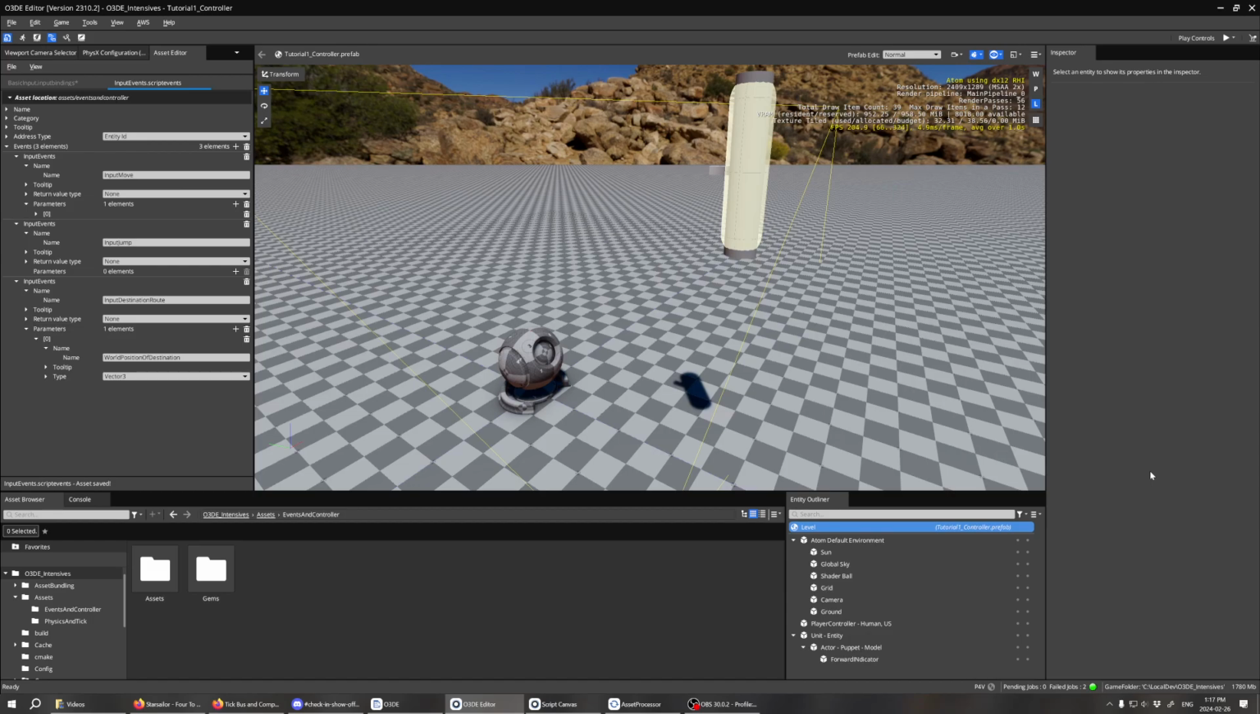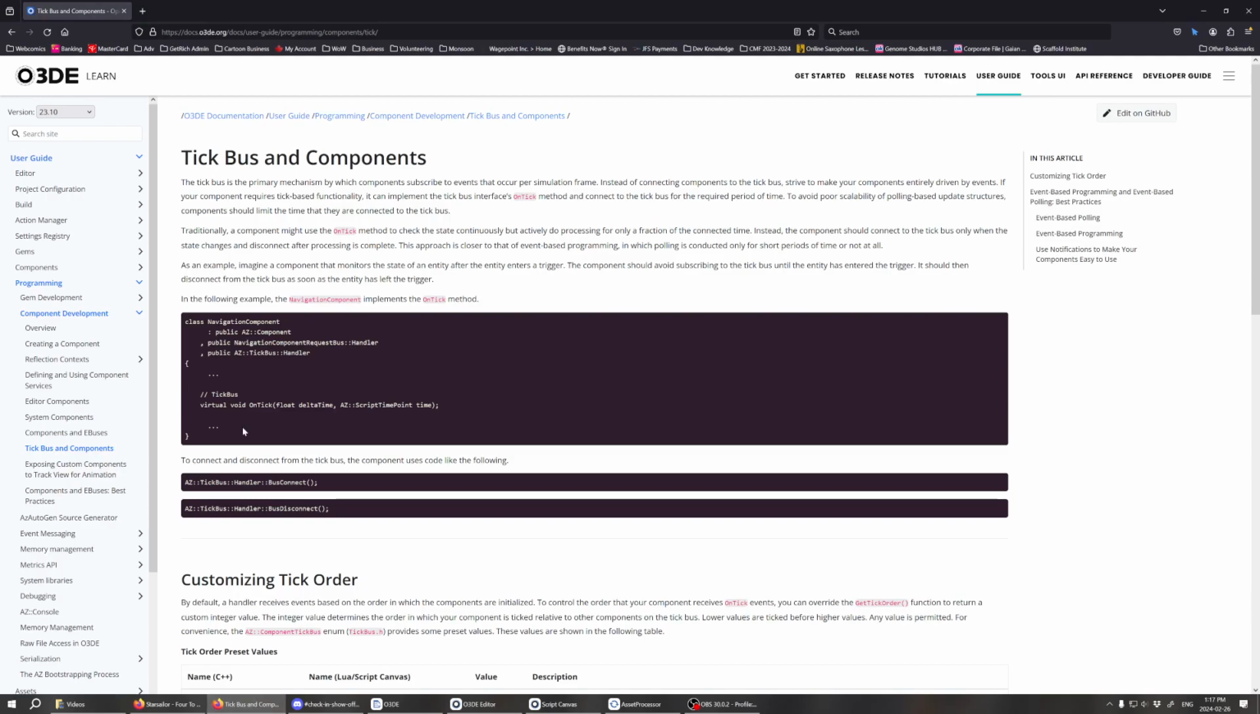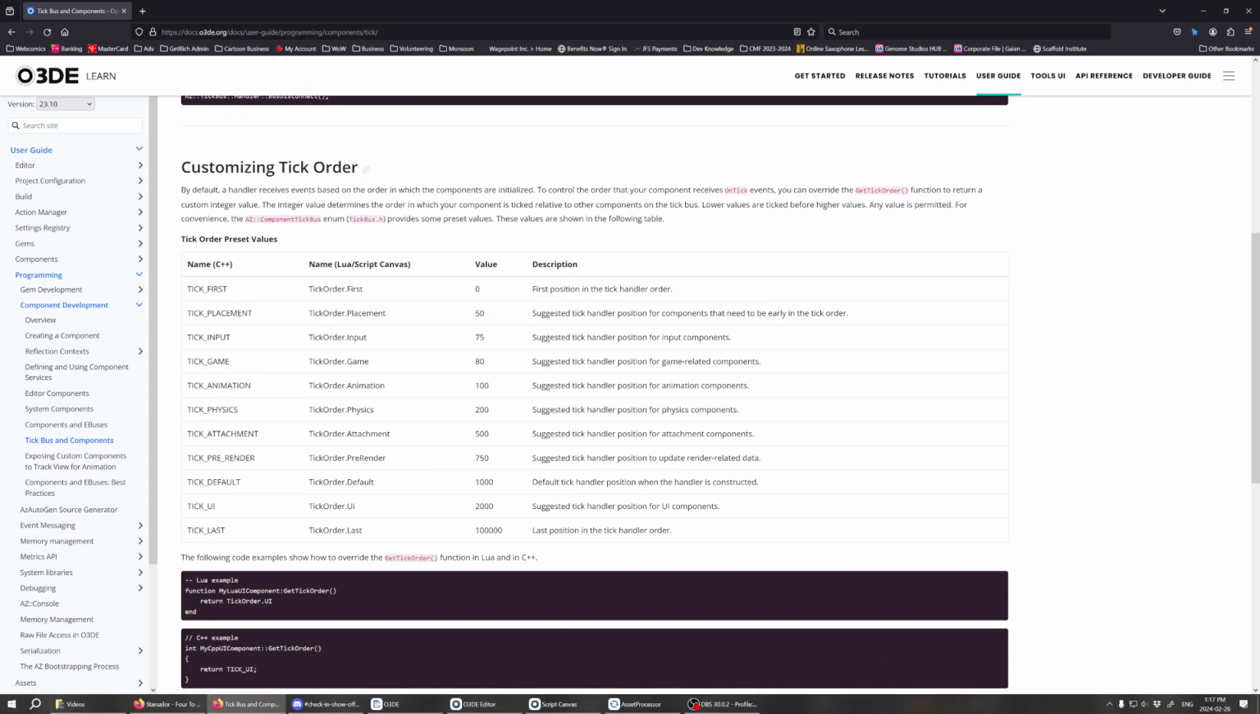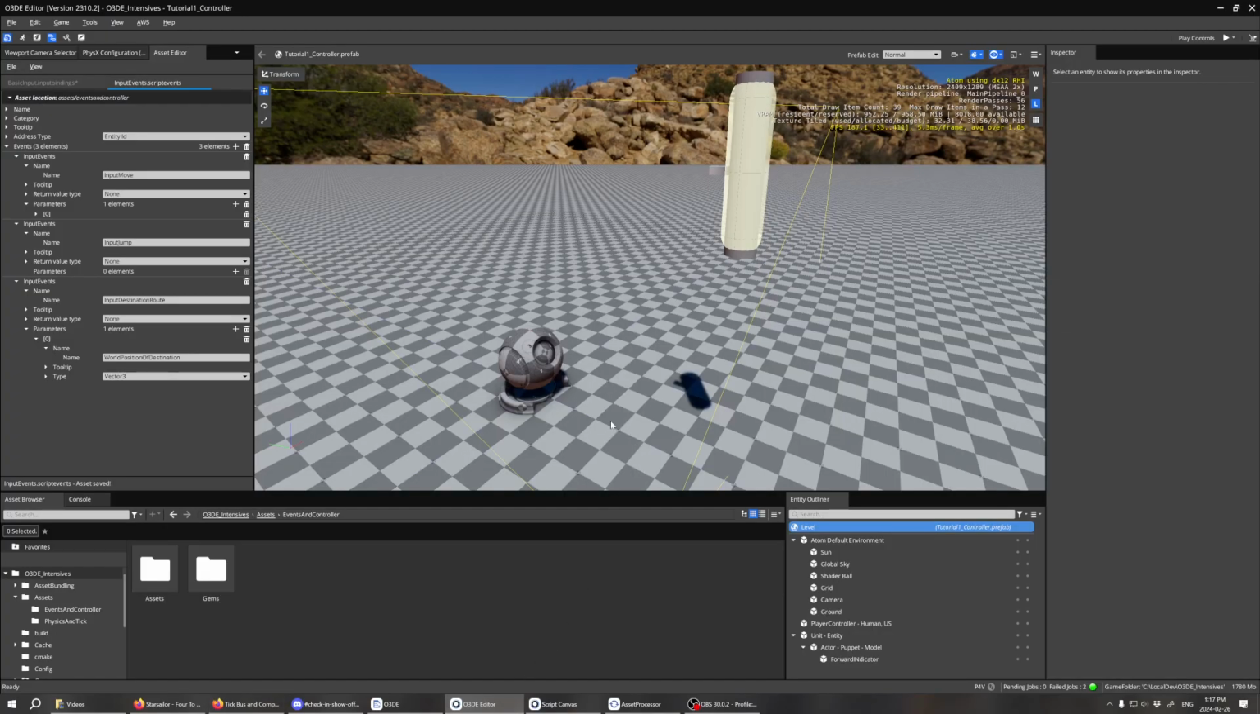Now, this intensive in particular is about physics and the tick bus and timings. So the very first thing, before I even start explaining, is to pull up the tick bus and components O3DE documentation, because it gives you this handy little chart here of customizing your tick order, and that is what we're going to get at. But before we get to that, I'm going to dive in a little bit with a